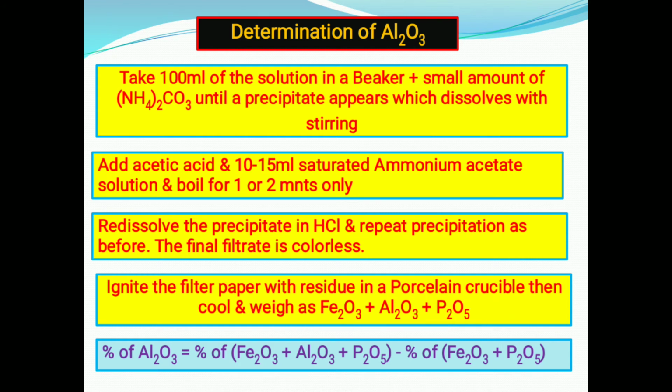Whenever you add ammonium carbonate and ammonium acetate, the third group elements will be precipitated out. Then after ignition, you can get the precipitate, that is the combination of iron, aluminum, and phosphorus oxides. So percentage of alumina equals the percentage of this mixture minus percentage of Fe2O3, as we discussed earlier